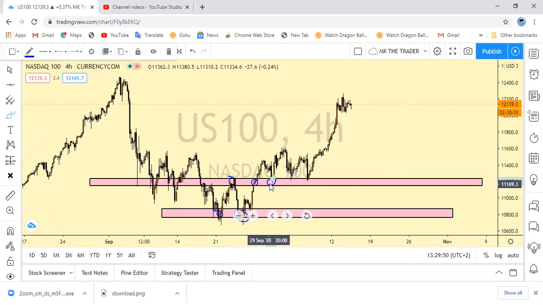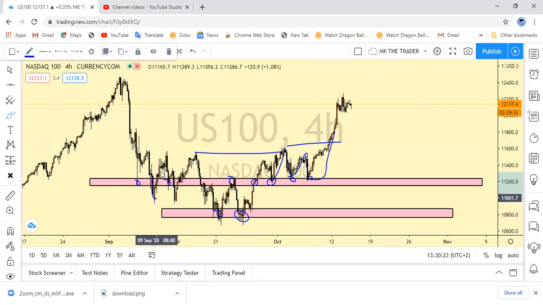This is where we should have bought Nasdaq to the upside, targeting this level, and then another entry was given here, a buy targeting this level, and then it came back to test again, and then this was our third entry, and then holding, buying and hold wide, because it shows that this is a strong level. If you can check here,